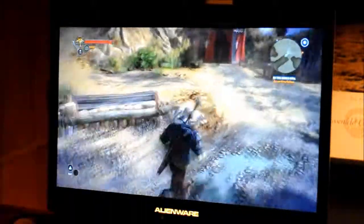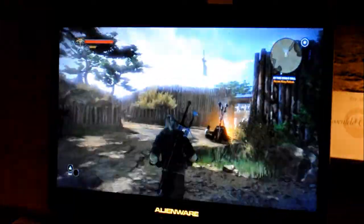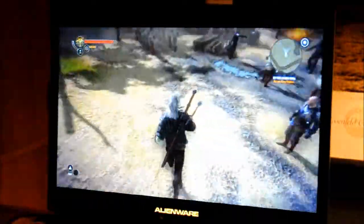I'm getting high 30s, low 40s. Great stuff. Great game. Not a whole lot to go on about it. I've tried to do some custom settings with pre-rendered frames. That's come up with some choppy results, so I wouldn't promise that. But